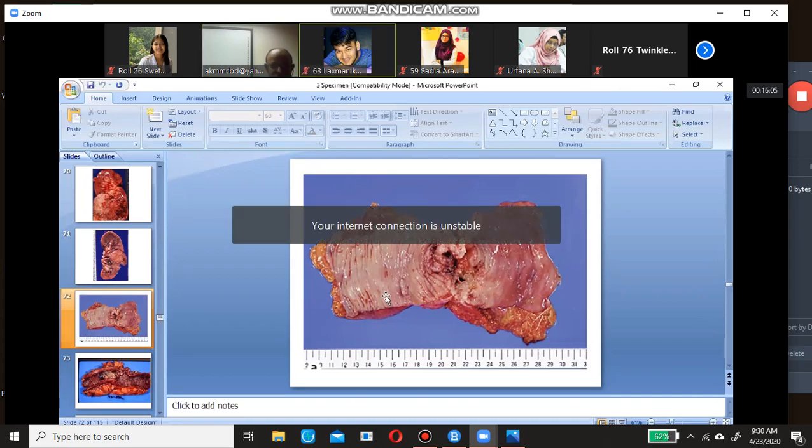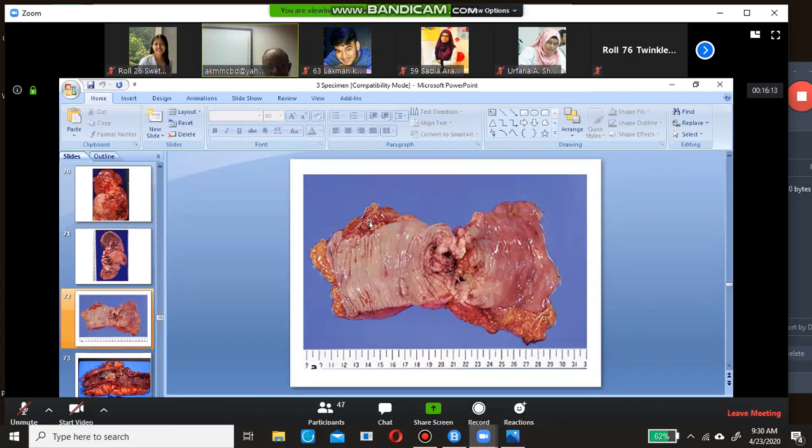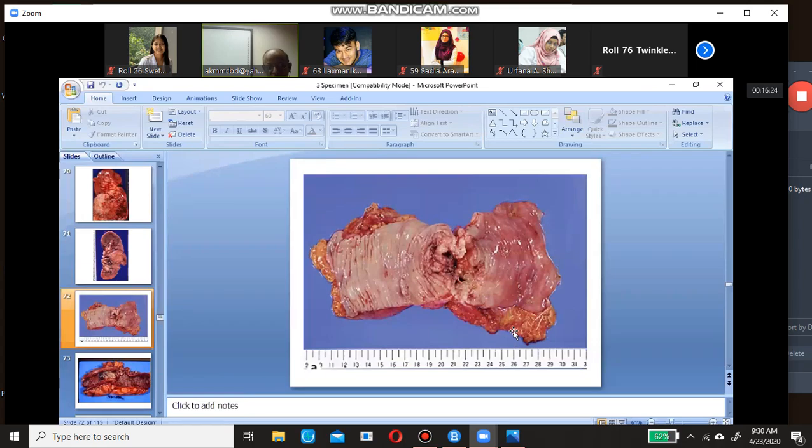Okay. But this is not a small intestine. How can we say that this is not a small intestine? See these things. See here. These are the fats attached to the gut. In a small intestine, there is no fat attached to the gut. Appendices epiploicae, those fats are attached only with colon. With these fats, we can recognize that this is a segment of the colon.